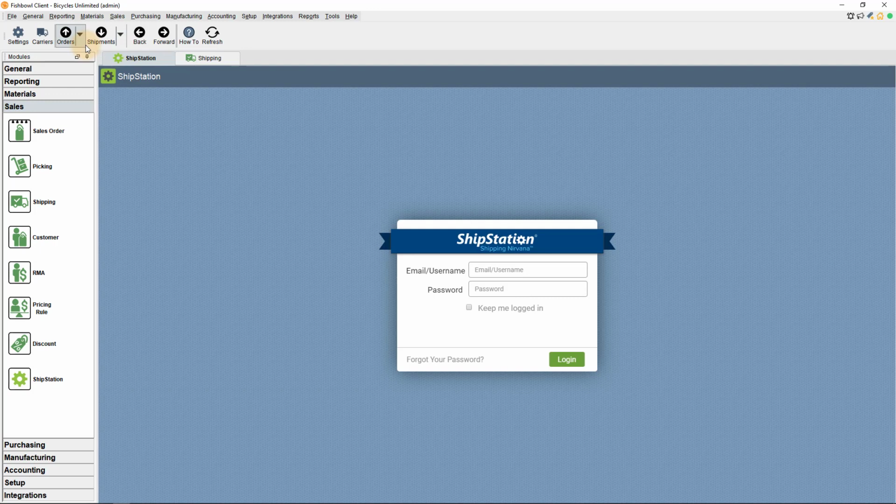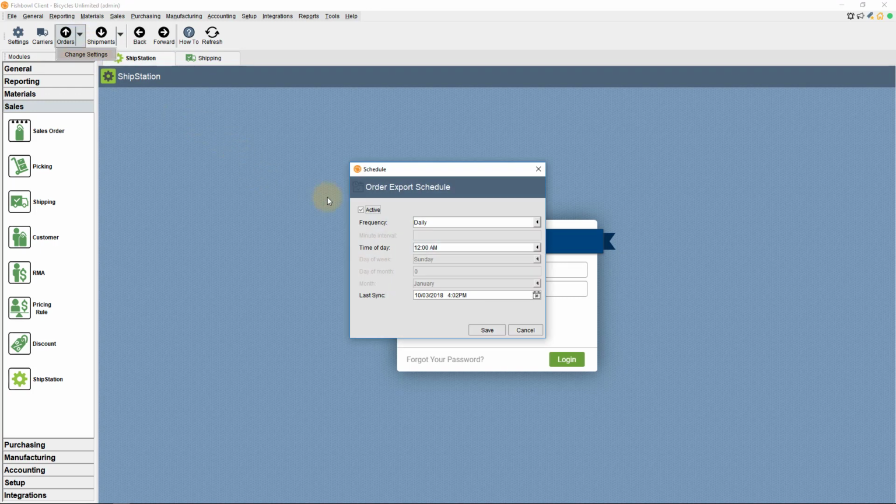So if we go here, then first thing you'll need to do is click the down arrow and change the settings and turn on this active check mark, and then set a setting for how frequently you would like to export your orders. One thing to take into consideration here is that, remember, in Fishbowl, as soon as you have